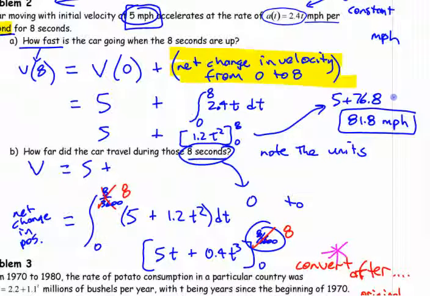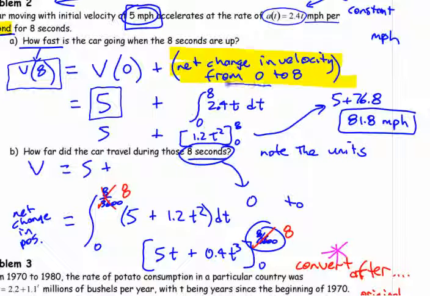The first part here is fine because you're using seconds. These units are miles per hour per second. You integrate it with respect to seconds. The thing to realize is if we want the velocity at 8, you can start with the velocity at 0